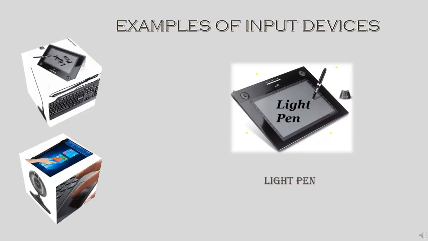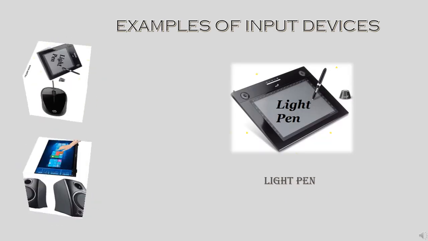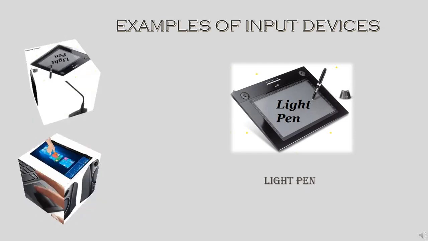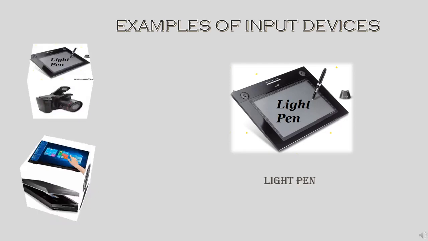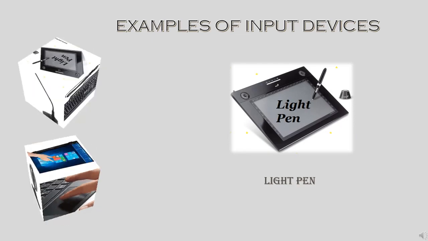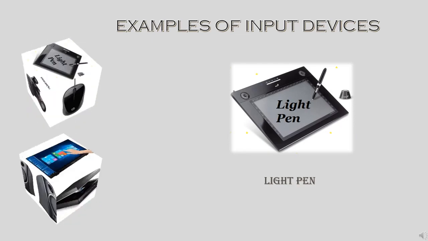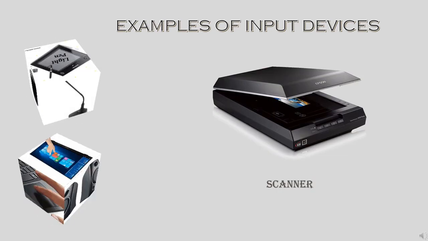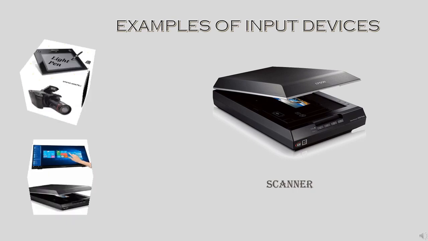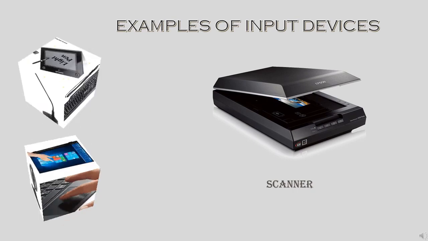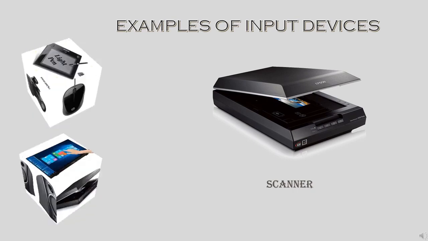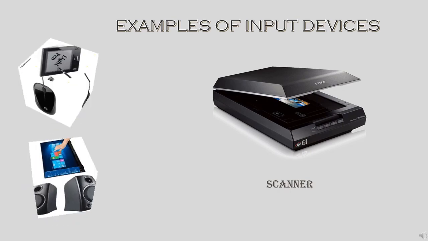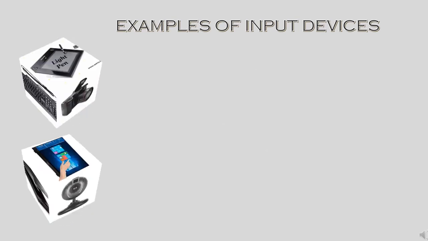Light pen. A light pen is a pen-like pointing device. It is used to select objects. And in function, it is very similar to a mouse, except that it allows the users to draw directly while they are pointing to the objects displayed on the screen. Scanner. It is a device that reads the text or pictures printed on a paper and sends it into your computer system. We generally use it when we have to save soft copies of important documents.